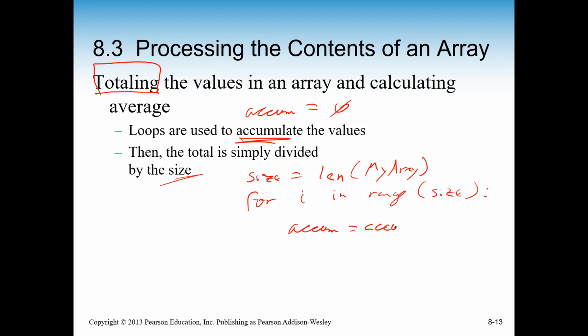And then we would do accum plus what? My array with the corresponding index, right? And that pretty much allows us to collect the data. At the end, we want the average. We already have accum has the sum, right? And then we just divide that by